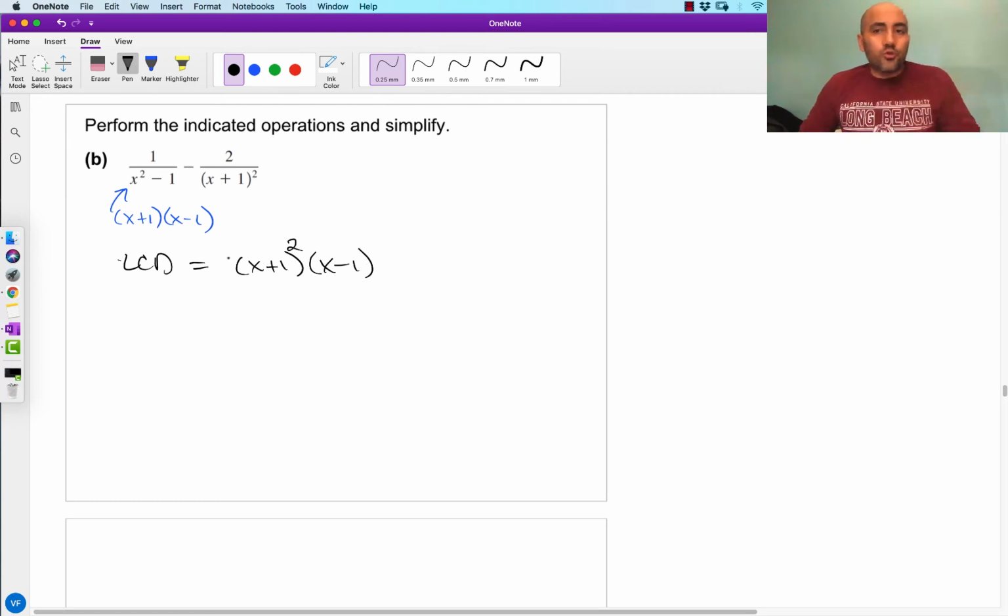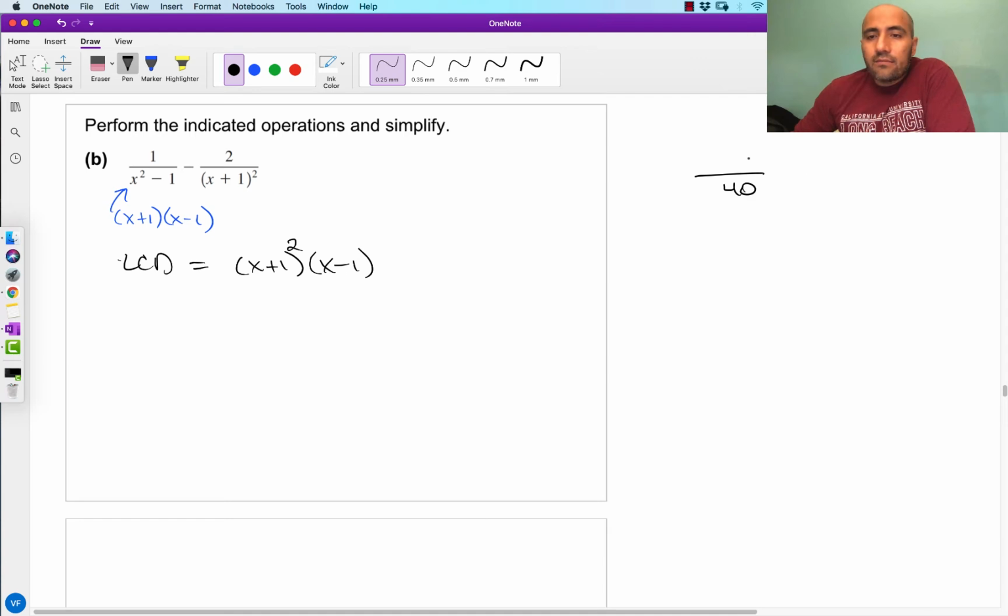We can always introduce a new factor, so we can easily multiply an extra term of x plus 1 here in order to get to this LCD. And we can always introduce an extra term of x minus 1 to this one in order to get to this LCD. So, for example, let's go over here on the side, if we wanted to find the LCD between,